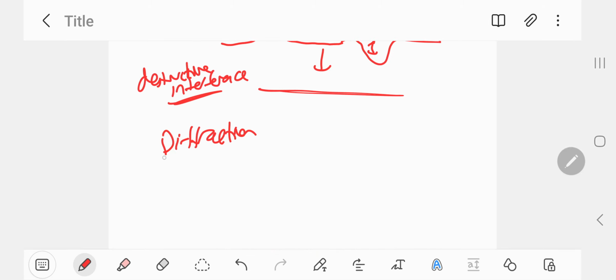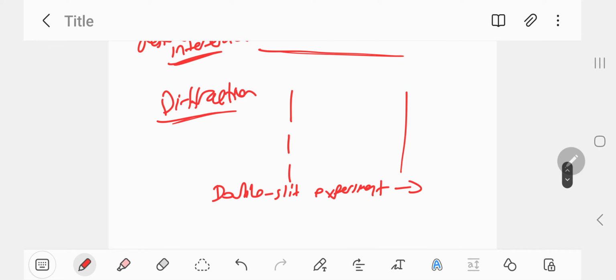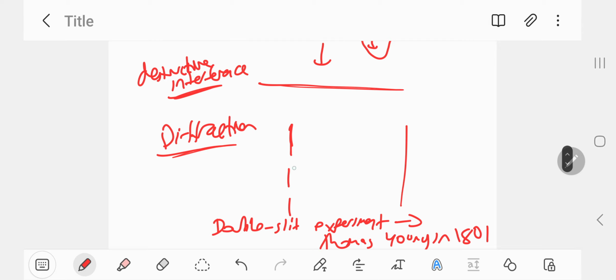Diffraction is basically the bending of light around an obstacle, or the bending of light as it passes through an opening, okay. So here's a simple experiment that was done first. Actually, it's called the double slit experiment. First conducted by Thomas Young, British polymath, in 1801. Okay, so you've got two slits here, so two gaps, one slit here, one slit here. And you've got, let's say, an observation screen. This could be a fluorescent screen